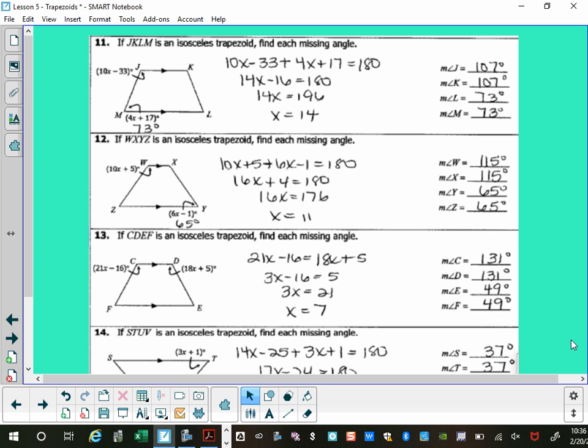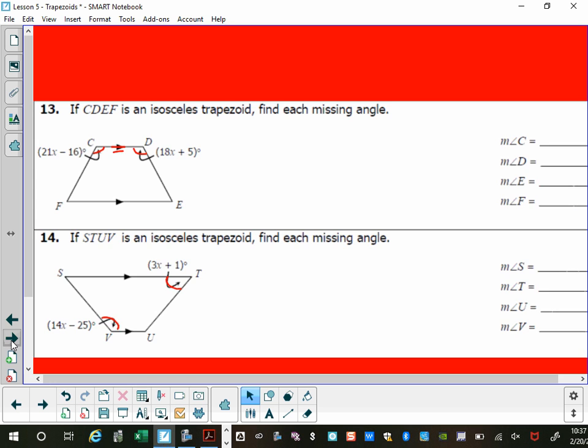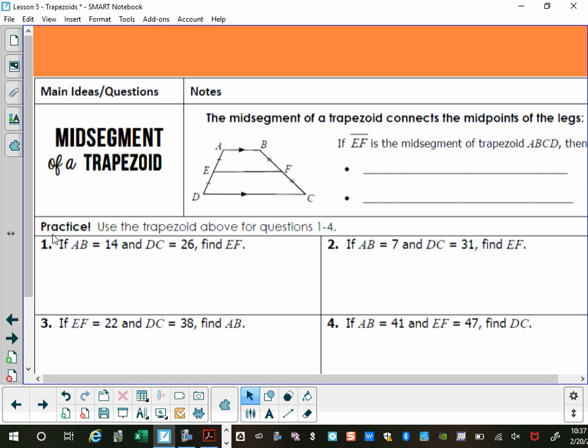Yes? Did you guys get this right? Number 11? Actually, do you at least get the x values correct? Okay. Once you get the x values, then we can plug them in. We are good on 11 through 14. Yes, no, maybe. Okay. So now let's go ahead and turn to page